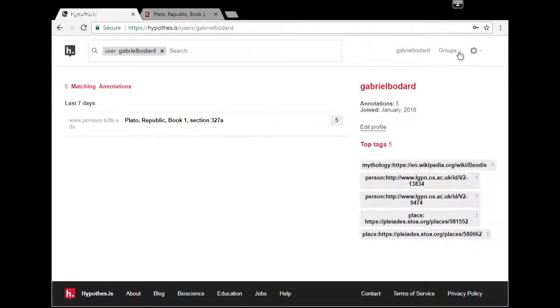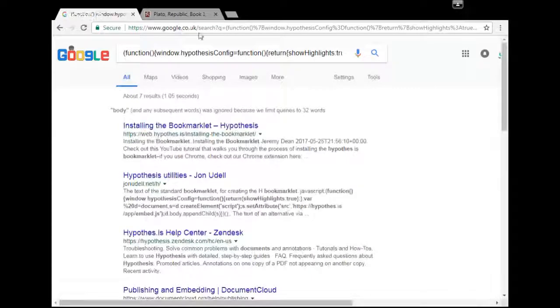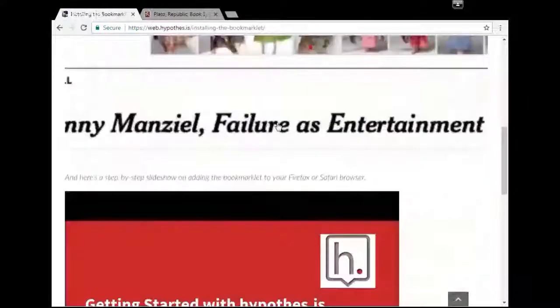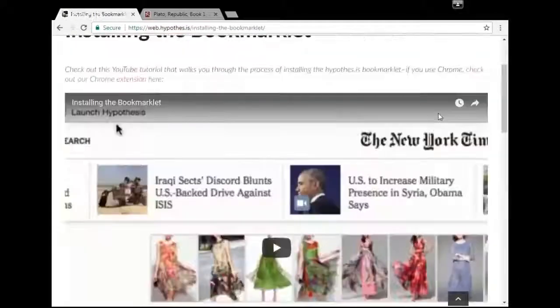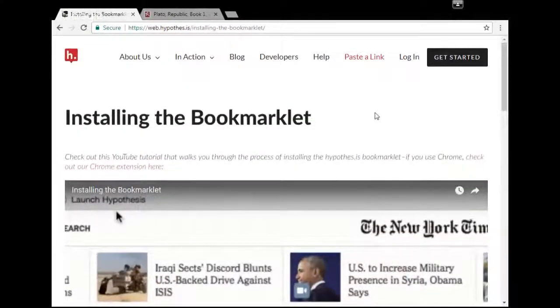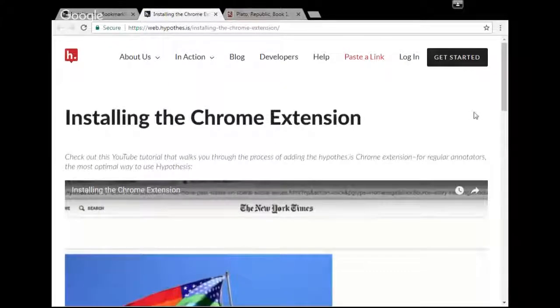Anybody? Where do I turn on Hypothesis in this browser? Okay, let me try and cheat. I'm probably going to have to install the Chrome extension.